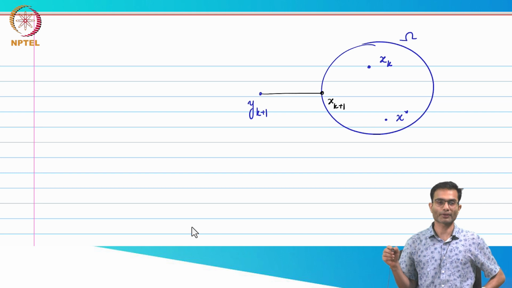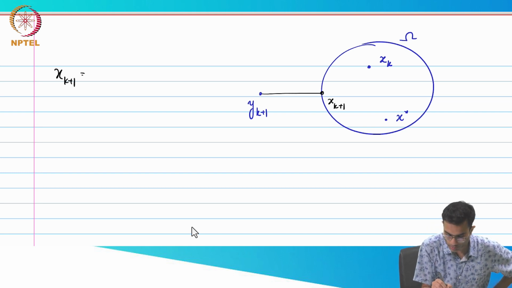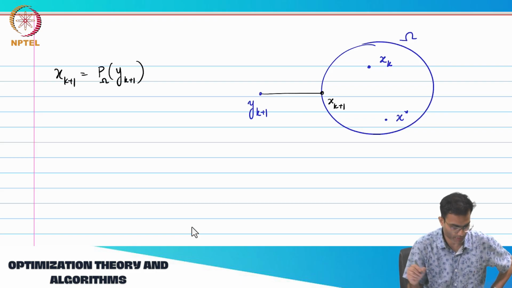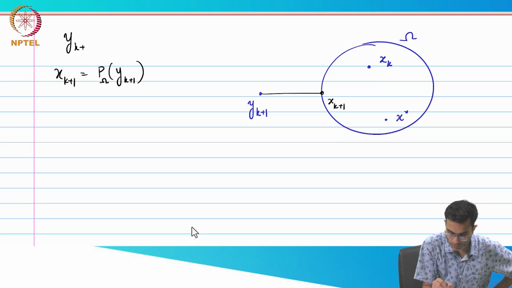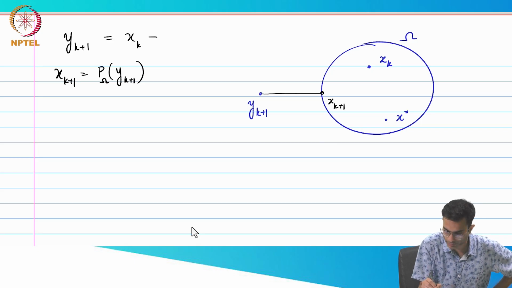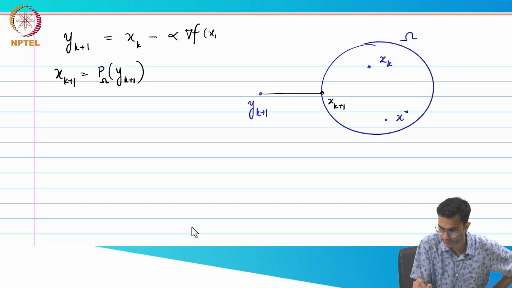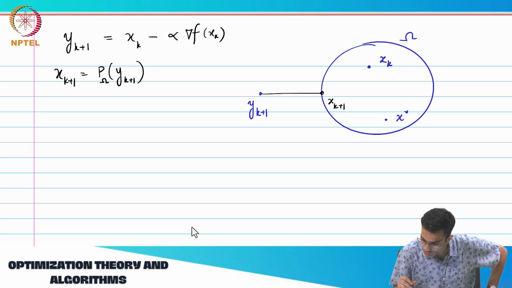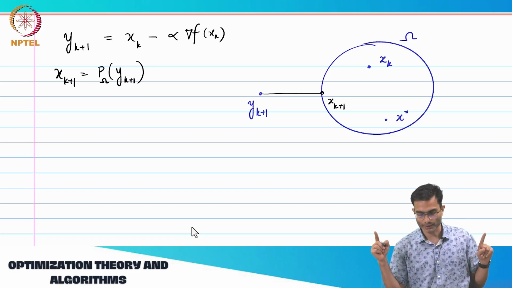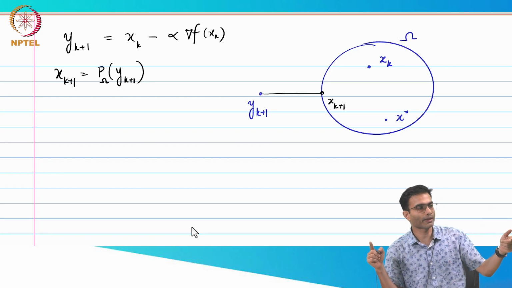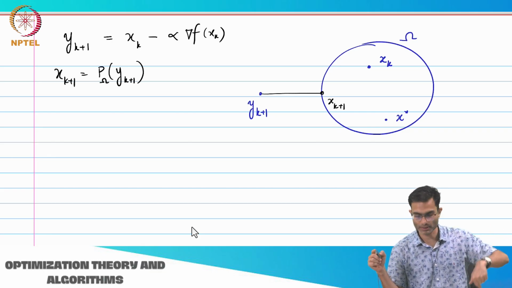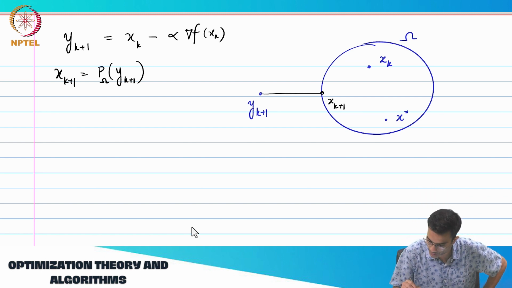This is my projection point, right? So xk plus 1 is obtained by projection of yk plus 1. This is the definition. We also had yk plus 1, as I just wrote on the previous slide, xk minus alpha grad f of xk. So I can reach yk plus 1 by joining xk and this minus alpha grad f of xk, right? So if I draw this,